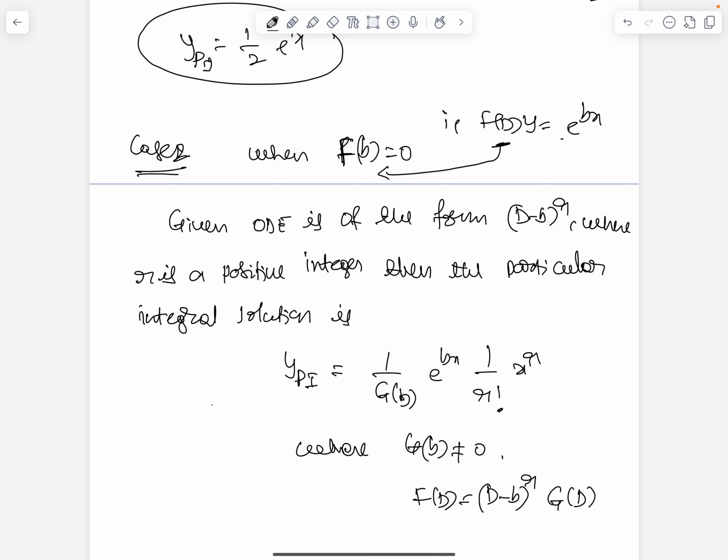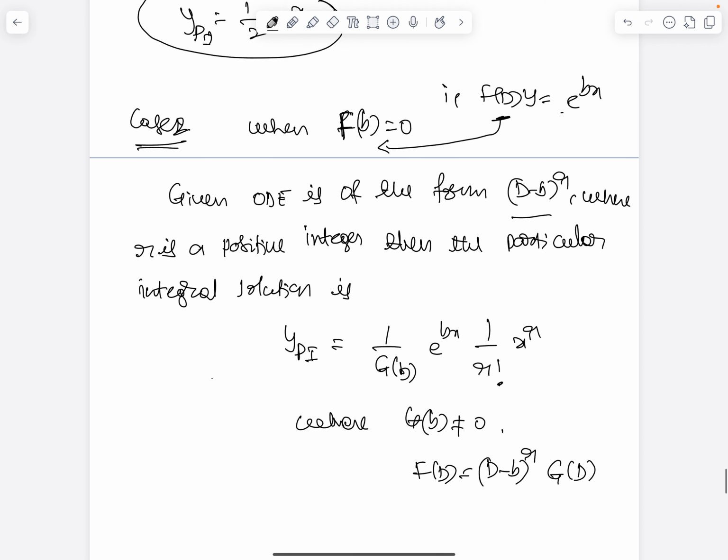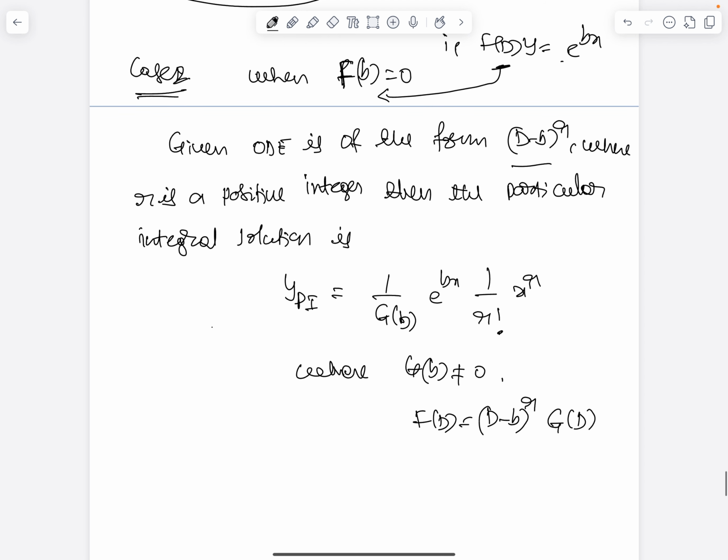If you replace the derivative by exponential bx, that is, the coefficient of x is b, and f of b is 0, then we have to understand how to get the solution. Suppose the given differential equation has a factor (d minus b) to the power r, that is, some root is actually appearing r times, where r is a positive integer. Then the particular integral solution is given by y PI